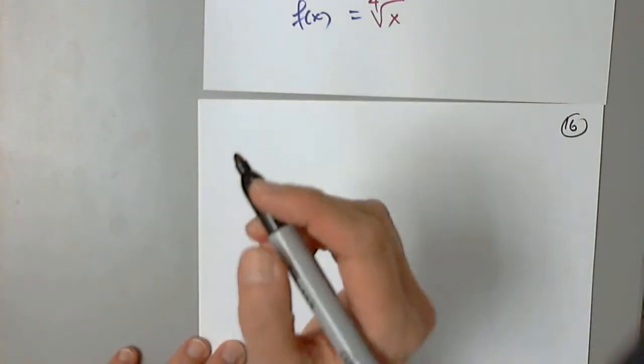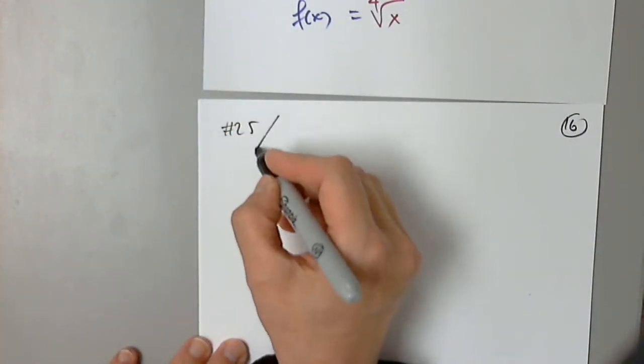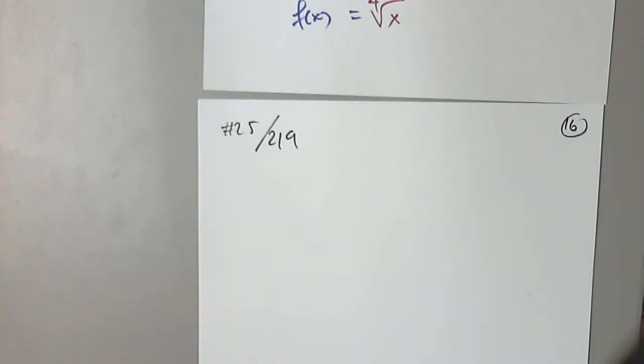Okay, so problem 25 on page 219, which means that we have not accomplished the last two sections of this chapter. So the last two sections of this chapter will be moved to the next test. And they are